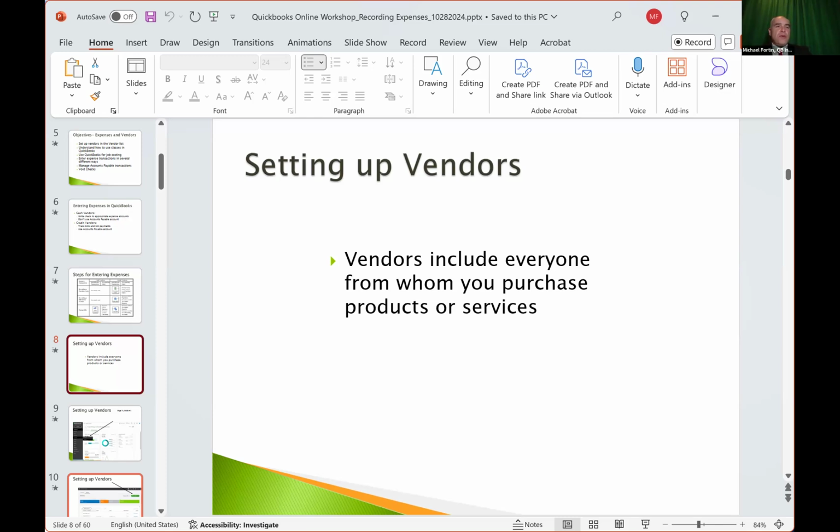Any sort of vendor you do business with is under the umbrella of vendors, and you must tell QuickBooks who you are giving the money to, who you are spending your money with. So you must have a vendor for every transaction.